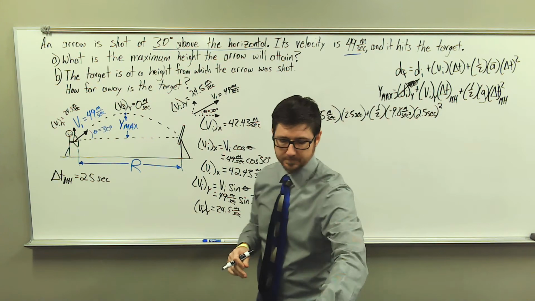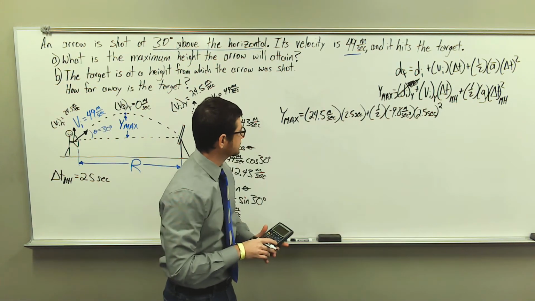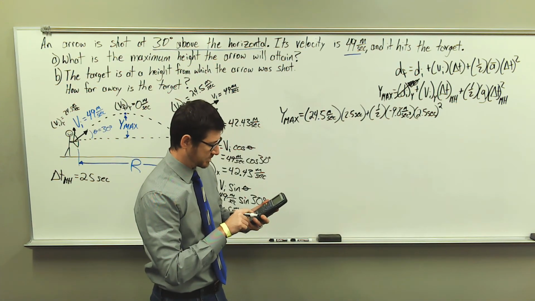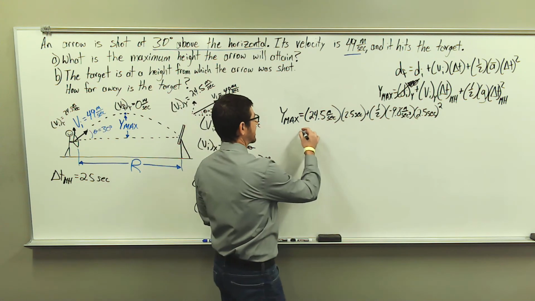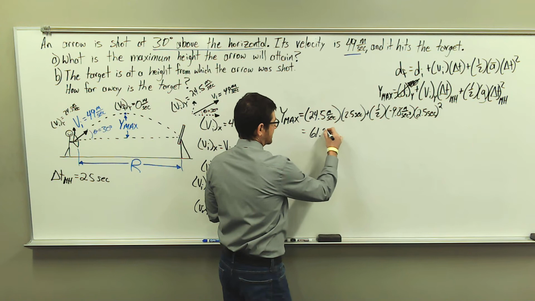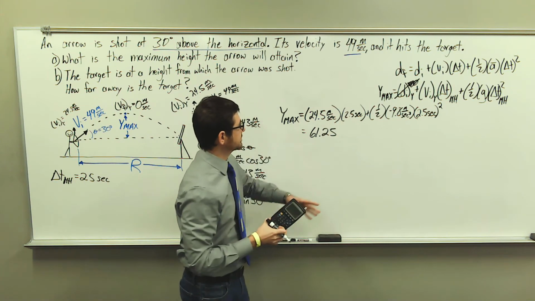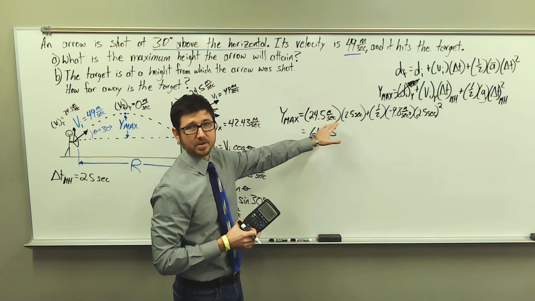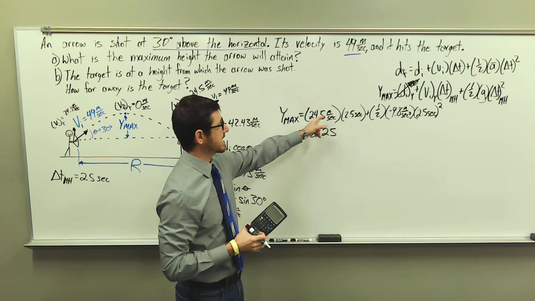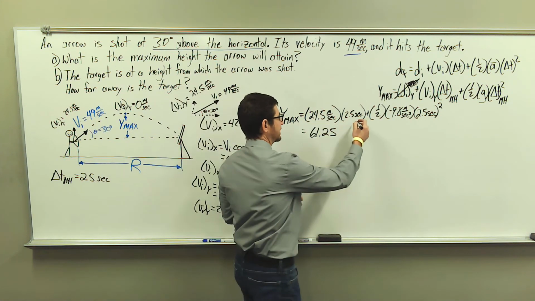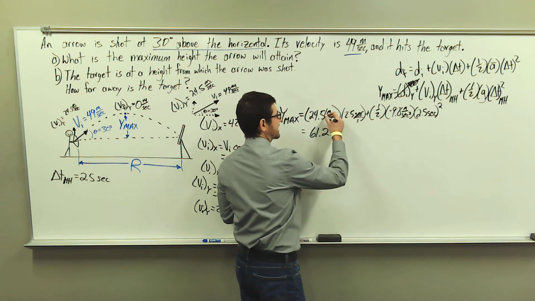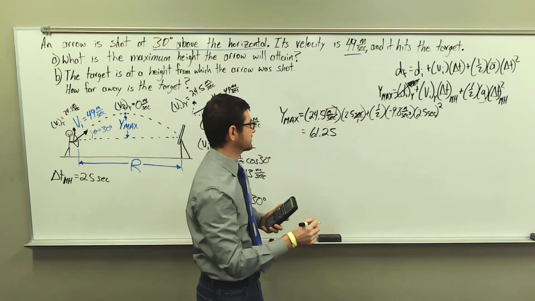So let's take the product of these two values, 24.5 times 2.5. This is going to be 61.25. And if you notice here, our units of seconds are going to cancel. So meters per second times seconds, or we can write this as seconds over 1. So our seconds cancel, leaving us with units of meters,